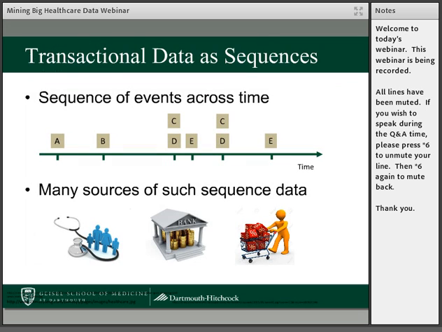And this is a part of a bigger challenge when we use big data: we have this transactional data, and we want to look at the sequence of events across time, and we want to be able to do some pattern analysis using that sequence of events. I think this slide shows you generically that this is something that's very important for healthcare. Also, when you look at banking transactions or purchases.